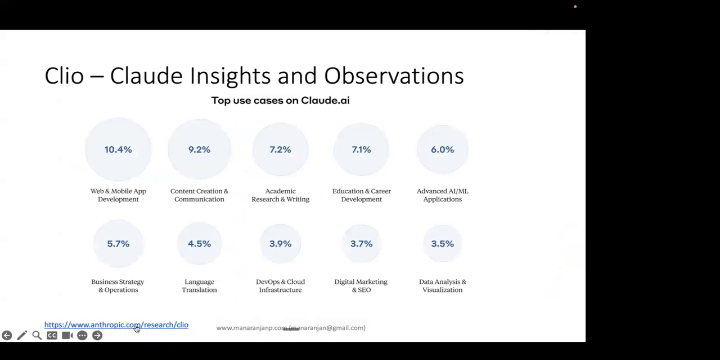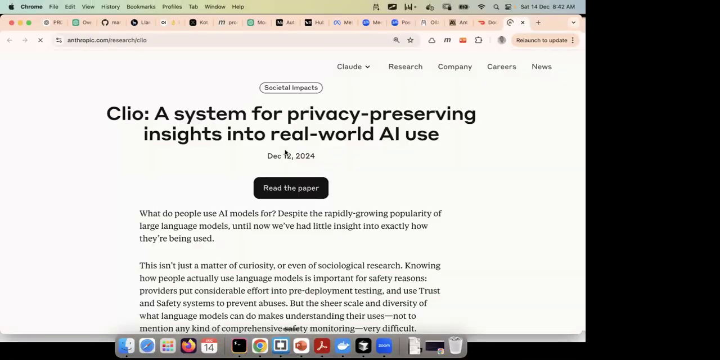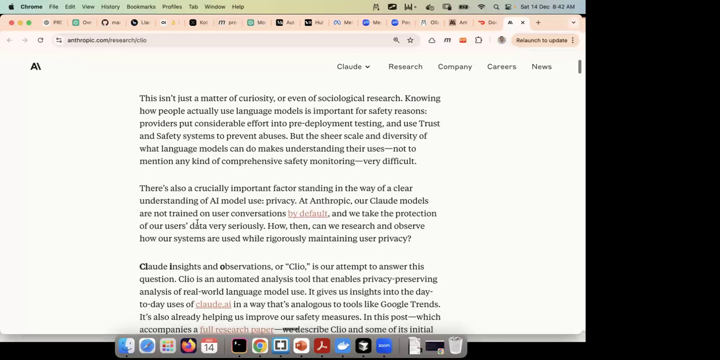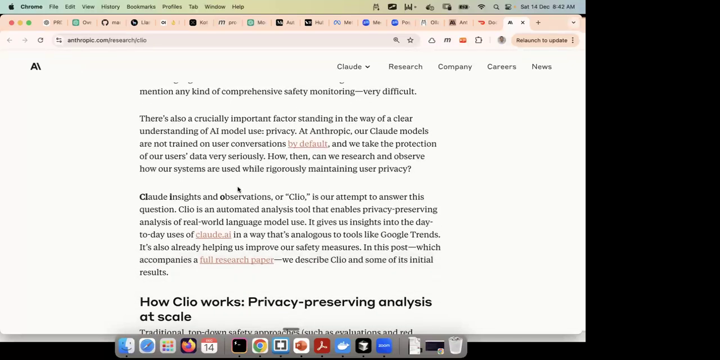There's a very recent study done. In fact, this study was done only last week. If you look at 12th December, this is just 2 days back. This particular report was published by Anthropic. Very interesting report. It's called Clio, Claude Insights and Observations. So they looked at